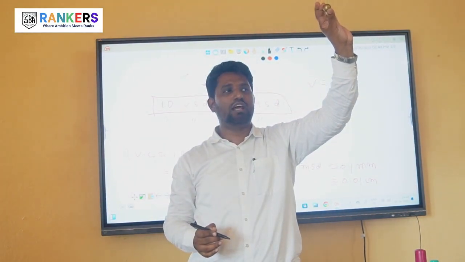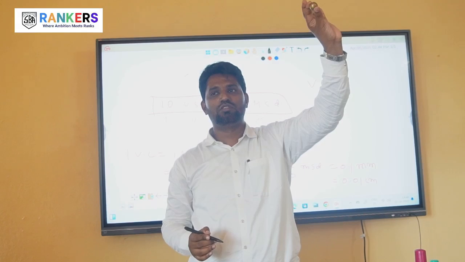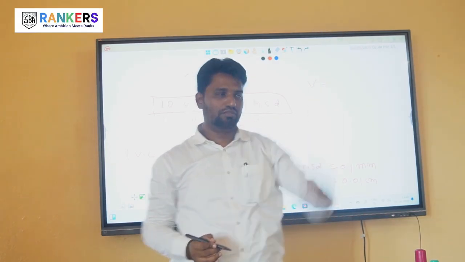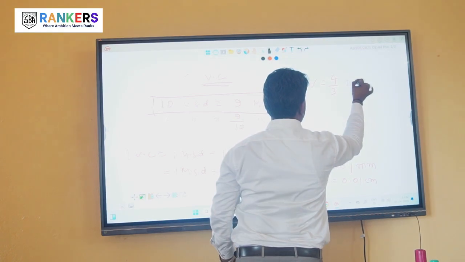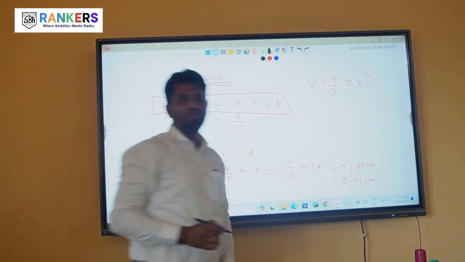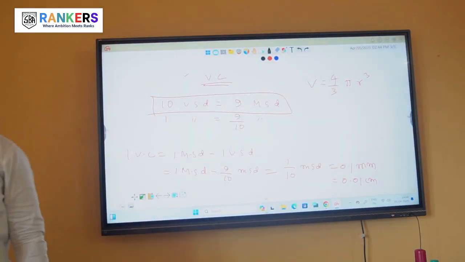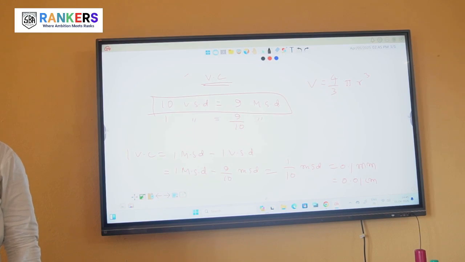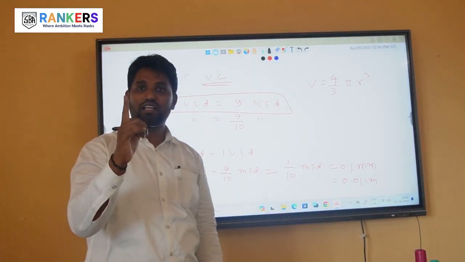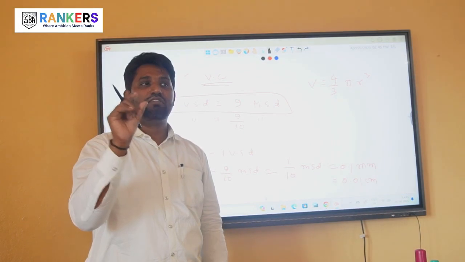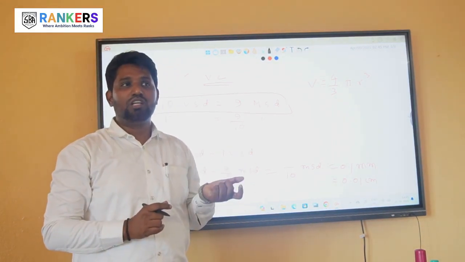4 pi r square or 4 by 3 pi r cube? 4 by 3 pi r cube. What is the value of pi? 3.14. Okay. The value of r you can calculate as the radius, but with the help of a Vernier caliper,